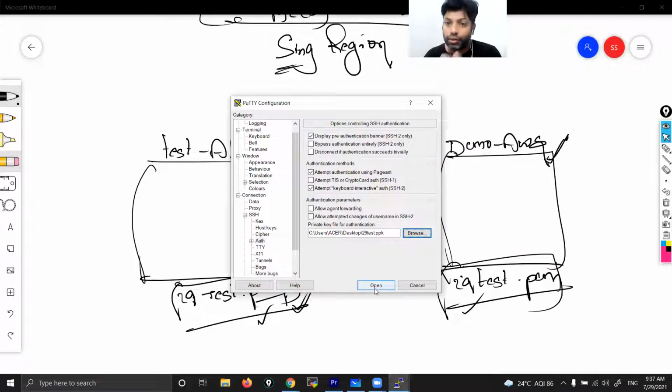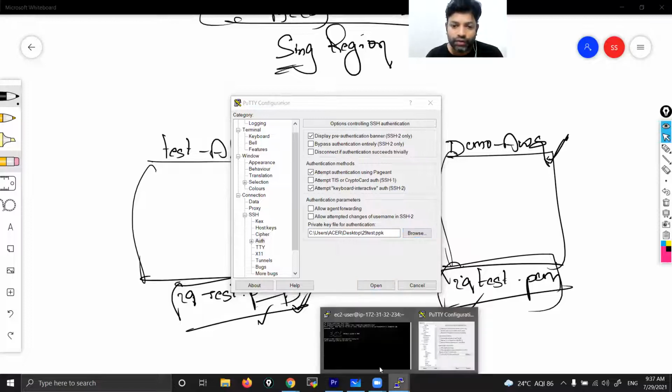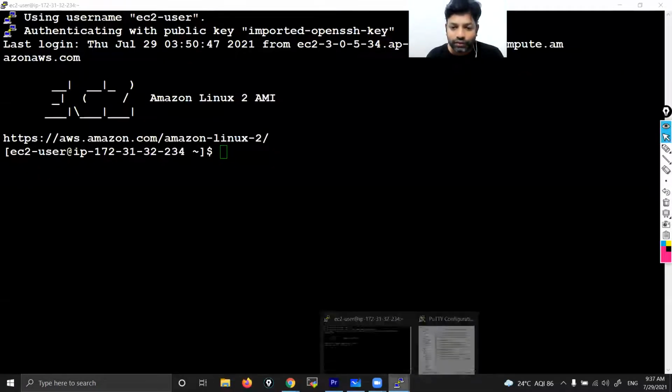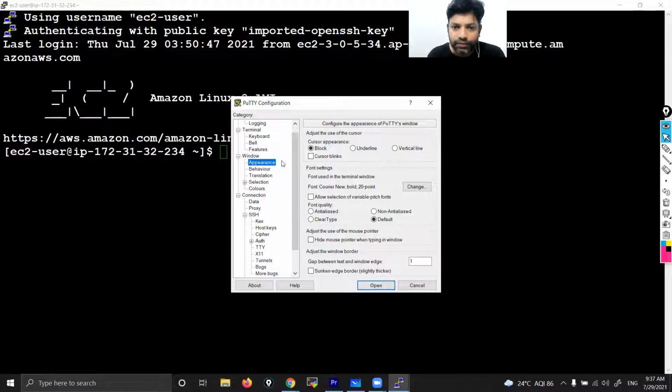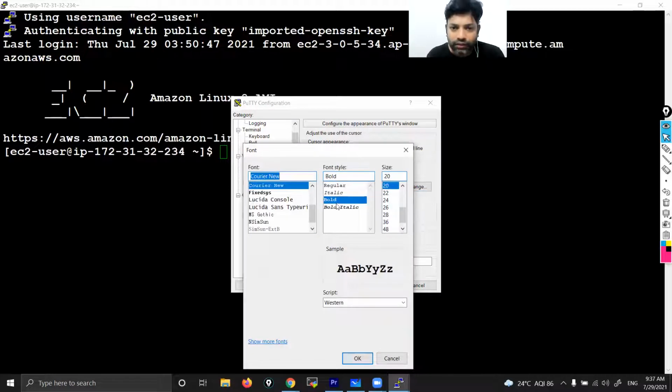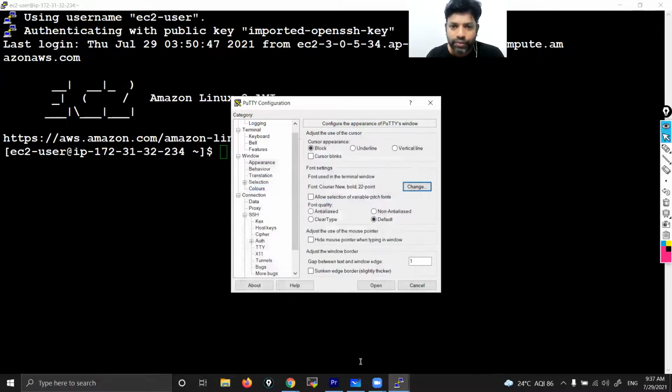Now let me tell you how to change the color. I told you we can change the color, we can increase the font, everything. You will get an option here itself. If you go to appearance, here, click on change. Here you can select bold, whatever size that you want. When you launch, it might be showing in a small font for you, so that's why you can choose whatever font you want. Bold, italic, you can choose. See here, I've selected 22. Modified. Okay.